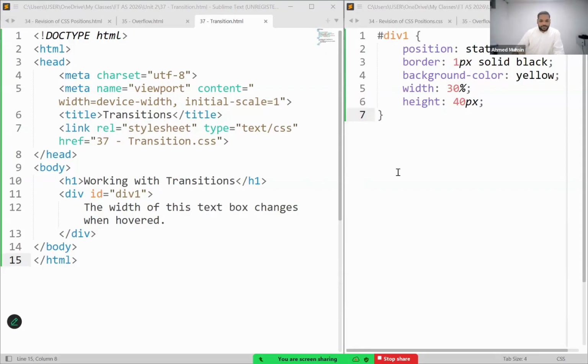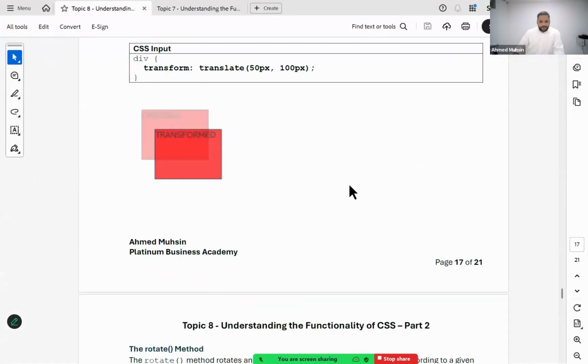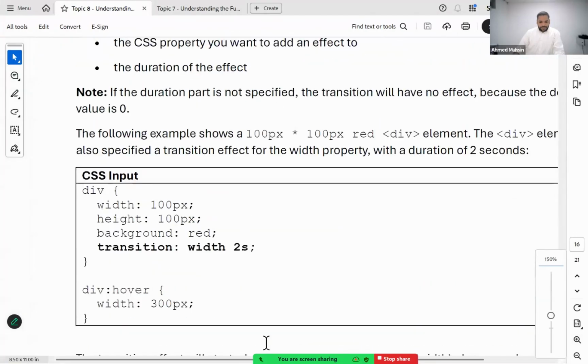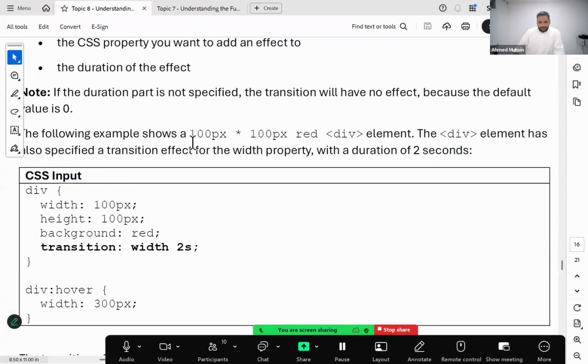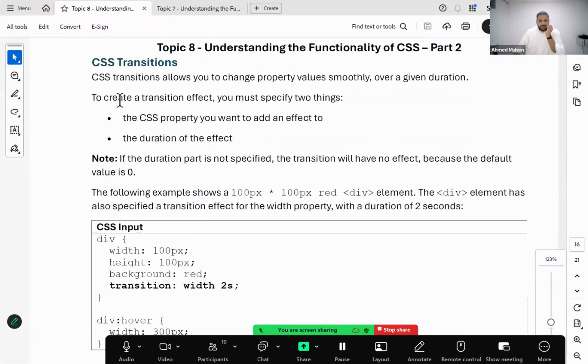Okay, right, guys, look here. Will you read this with me? Everyone read this with me, please. We are talking about transitions. See this one. CSS transitions allow you to change property values smoothly over a given duration of time. What are these properties? We'll talk about it. To create a transition where it moves from one state to another, you must specify